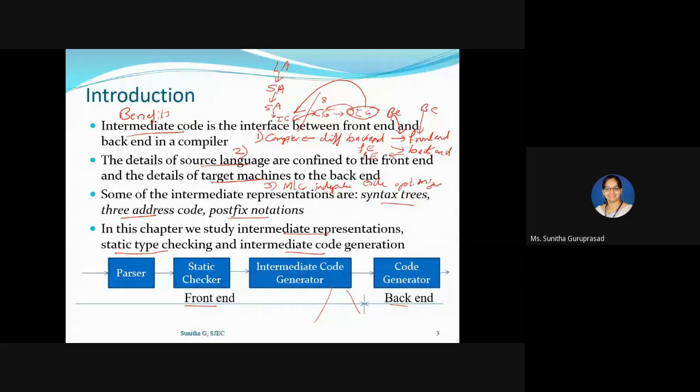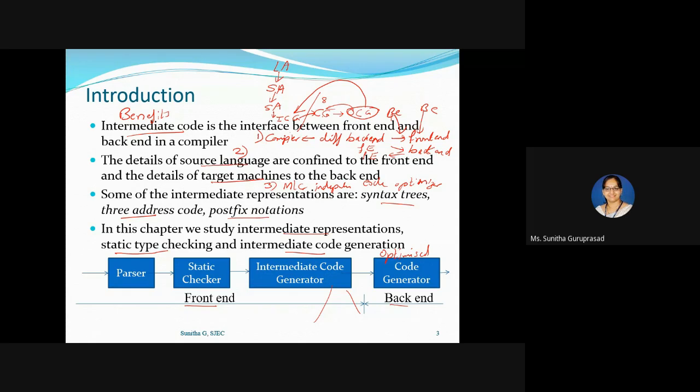You can directly connect the optimized code generator to the intermediate code generator. So these are the three benefits.